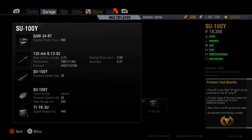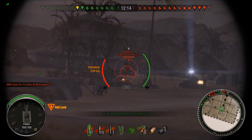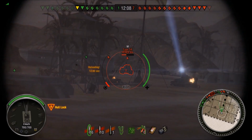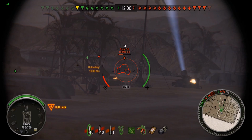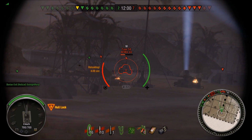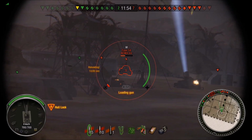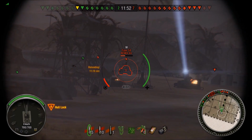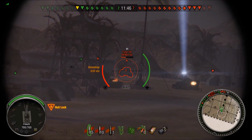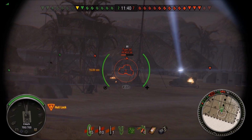The problem with the gun is not actually penetrating the target, it's making contact with the target, due to the fact you have really poor aim time, 2.9, and your accuracy is 0.37, and you will find yourself aiming in forever and a day, and then eventually the target moves on, the target rolls back behind cover. If your aim time doesn't let you down, it's your accuracy. You'll blast away,